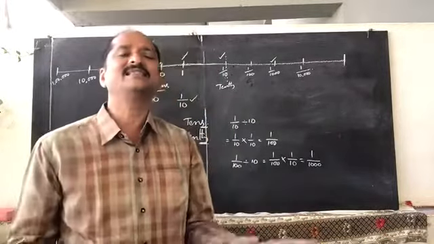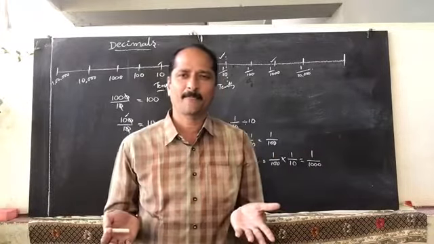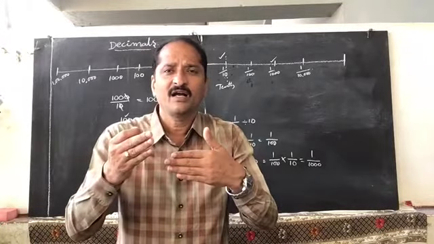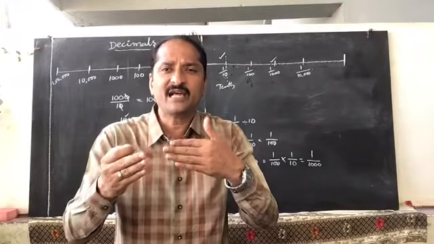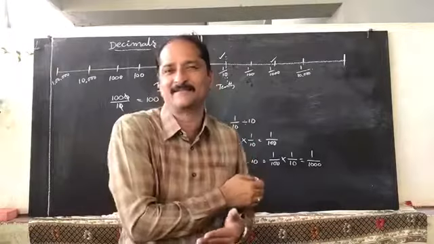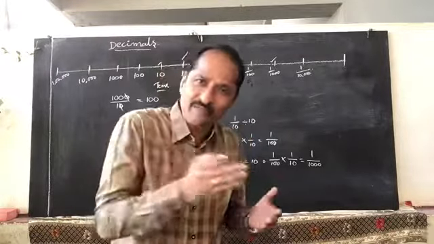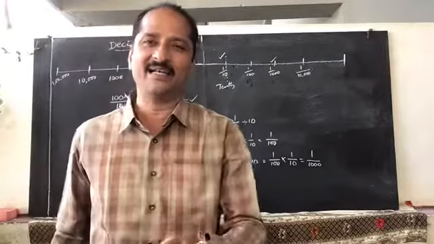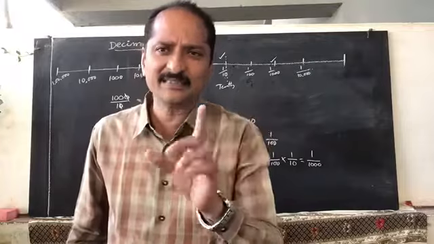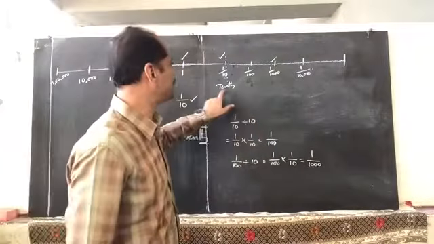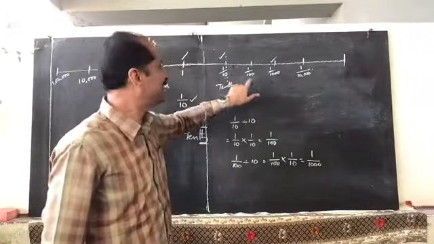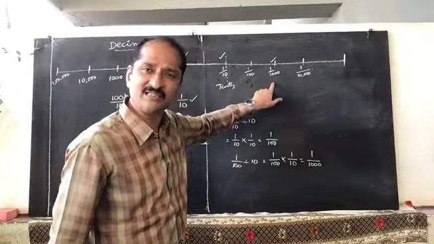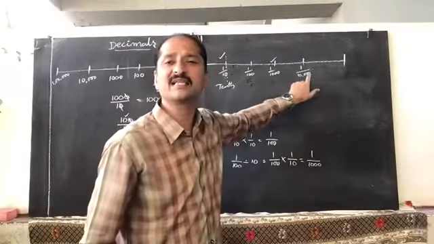So like this, the decimal is required. What is the need of a decimal? When we think of the places which are next lower than one's place, whether there is anything even lower than one's place, only then did the decimal place come to us. That is 1 by 10. 1 by 10 is known as 10th place. This is the first decimal place. So the first decimal place is known as 10th place. Second decimal place is 100th place. Third decimal place is 1000th place. And fourth decimal place is 10,000th place.